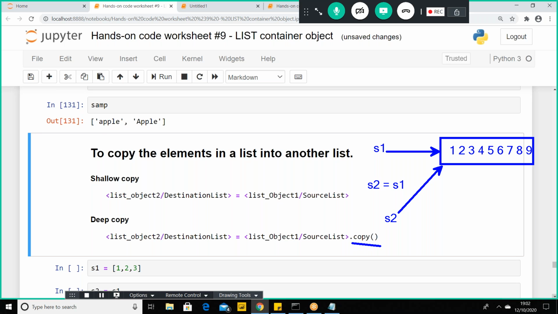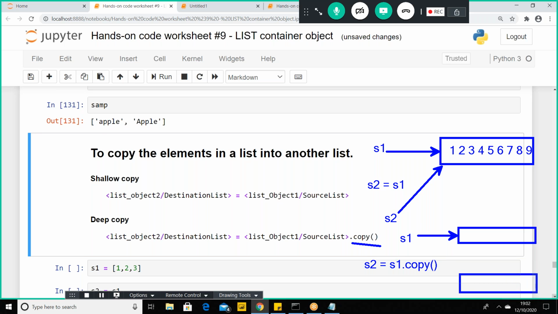So s2 equal to s1 dot copy, that's what you would write. If you write it, what will happen is s1, which is containing some list of items or elements, which is referred by s1. If you have written a statement like s2 equal to s1 dot copy, what will happen is another copy of the same list, whatever you have in s1, will be given to s2. Okay,